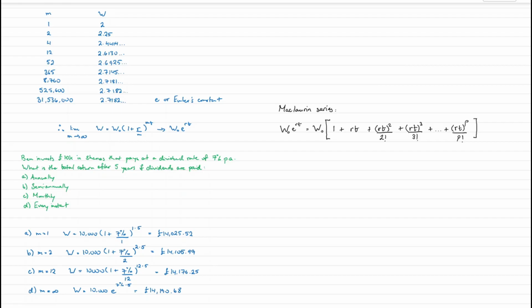Now, interestingly, as r and t approach 0, which means they become very, very small. If you remember, r is the interest rate per annum and t is in years. As they become very small, the series approaches a limit, right? And that limit, let me just write that down, is equal to W naught e to the rt. It approaches W naught (1 plus rt),